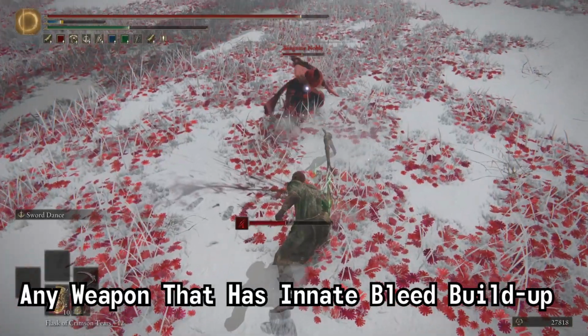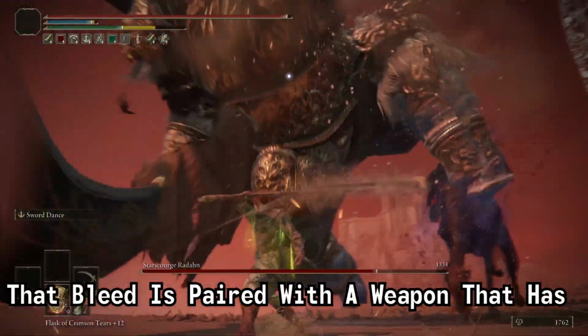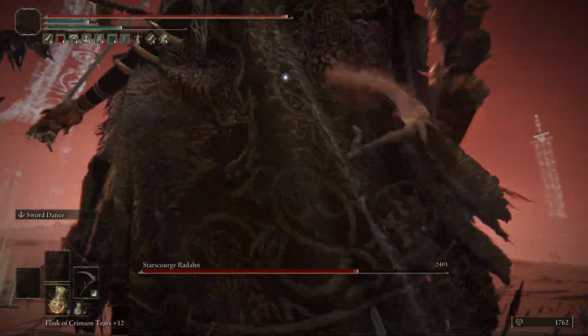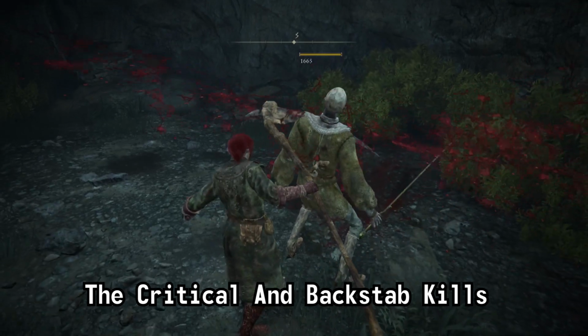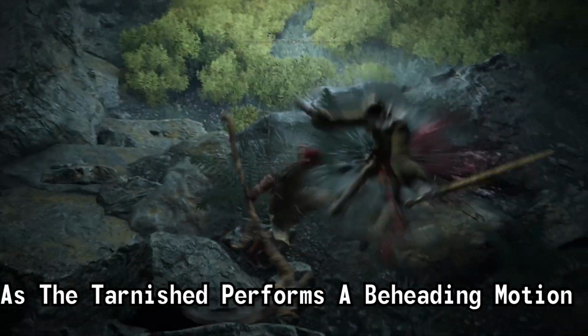Any weapon that has innate bleed buildup can easily make for a powerful build. That bleed is paired with a weapon that has a suitable slashing speed and a shape that any Bloodborne player would love to see once again. The critical and backstab kills are the best the game has to offer, as the Tarnish performs a beheading motion